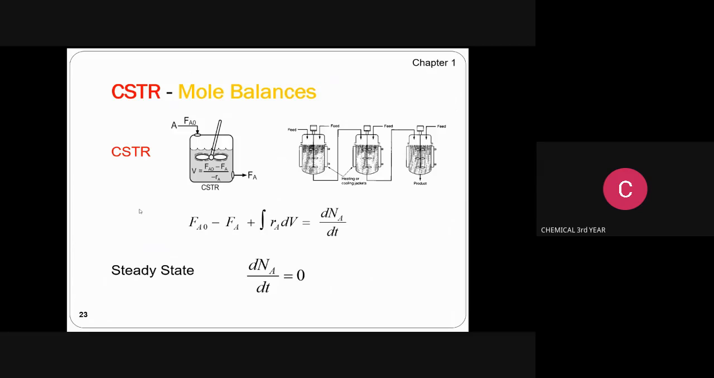This is the one mostly all the industries used it, because this is a continuous process so that we can manage the profit level by using the